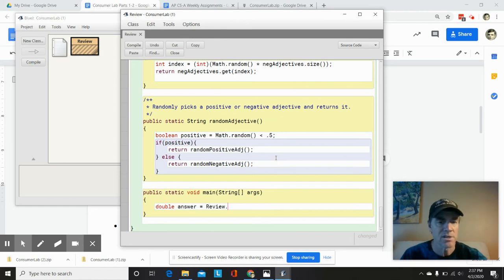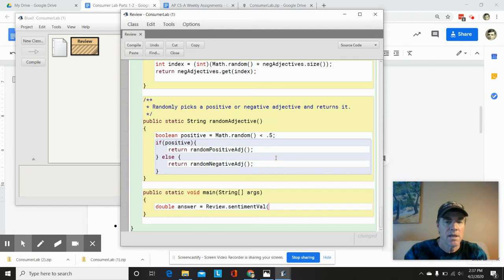So I'm in the review class, and because all of these methods are static, these are all class methods. I'm not creating a new review object. I'm calling them right from the class. Do you have to write review dot? No, you don't. The standard is that all methods, all instance variables have an identifier. So I'm going to put the identifier as a class name. That's how you call static methods. So review.sentiment